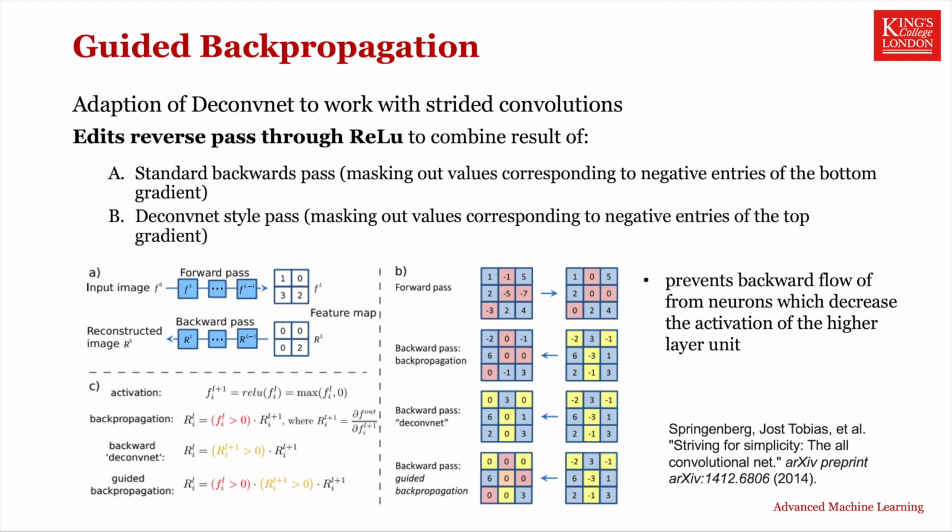So next after deconvNet came guided backprop. This was essentially an adaptation of the deconvNet to work with strided convolutional networks instead of networks with max pools. It works by modifying the reverse pass through the ReLU to combine both the results of a deconvNet style inverse ReLU operation, which sets negative values from the reverse operation to 0, with the masking being implemented using a standard backwards pass through a ReLU, which actually corresponds to the result of this f is greater than 0, or